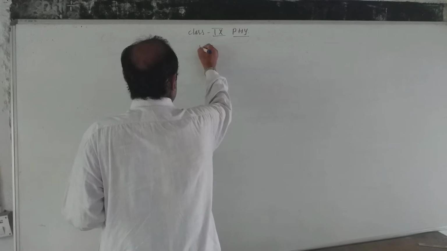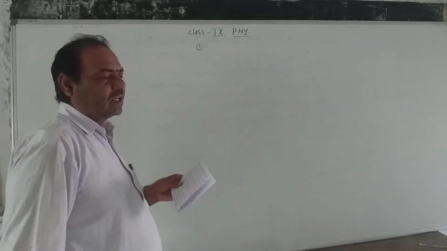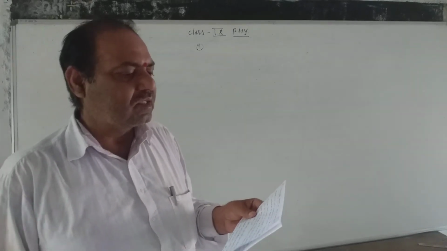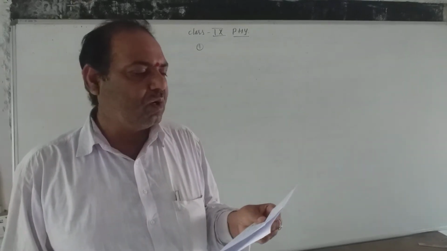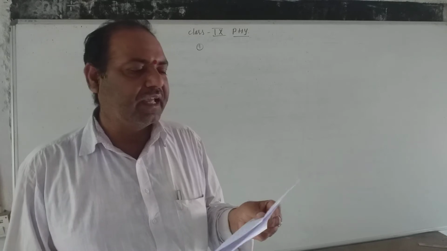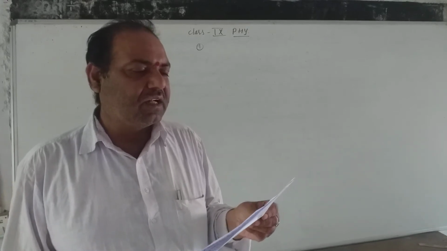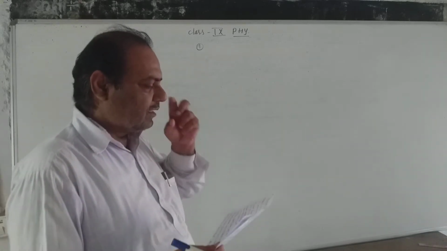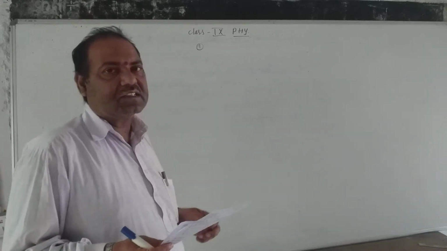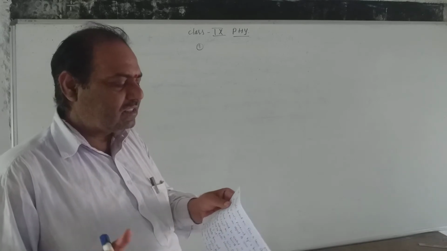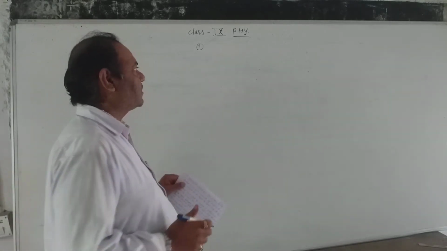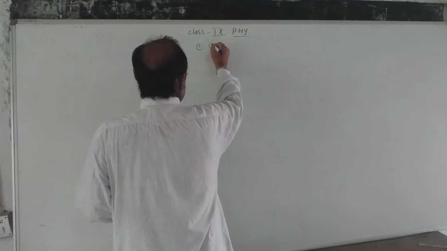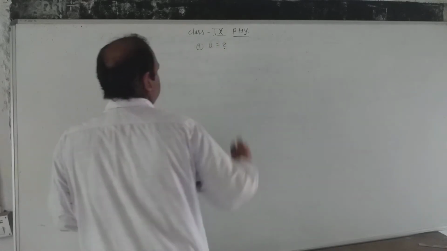First number question was, I am going to read it. Listen carefully. What is the acceleration produced by a force of 12 N exerted on an object of mass 3 kg? I repeat it again. What is the acceleration produced? In this question we have to find the value of A. A is equal to what?